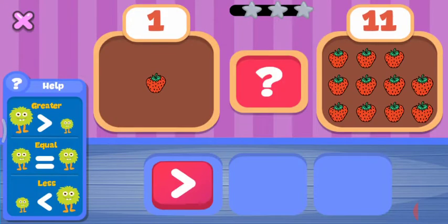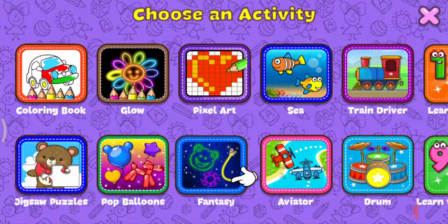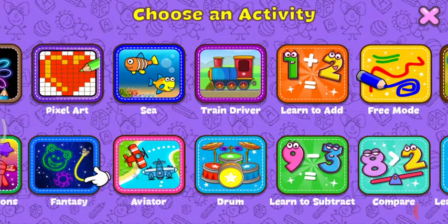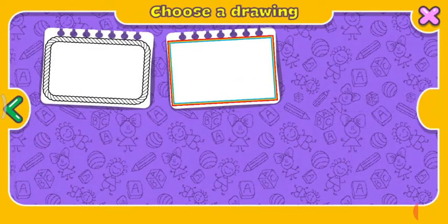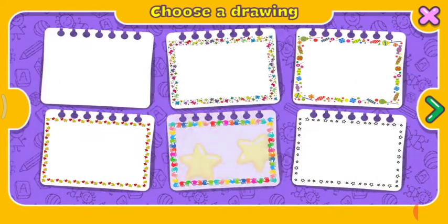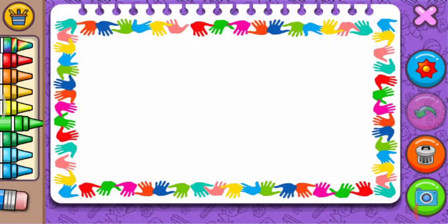Let's move on to the next activity. That is free mode. Inside the free mode, you can see a collection of layouts. Using the layout, you can create your own creations. You can develop a birthday card, an invitation card, and share it with your friends. You're all familiar with the tools available on the screen on the left side and the right side. Apply your creation and share it with your friends.